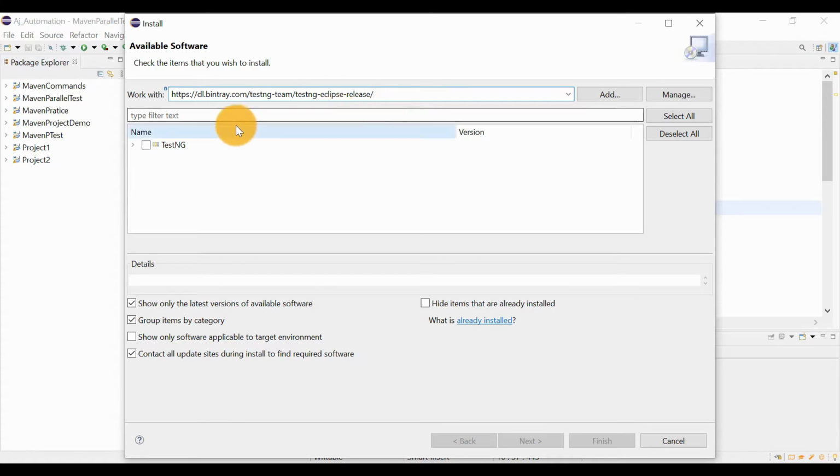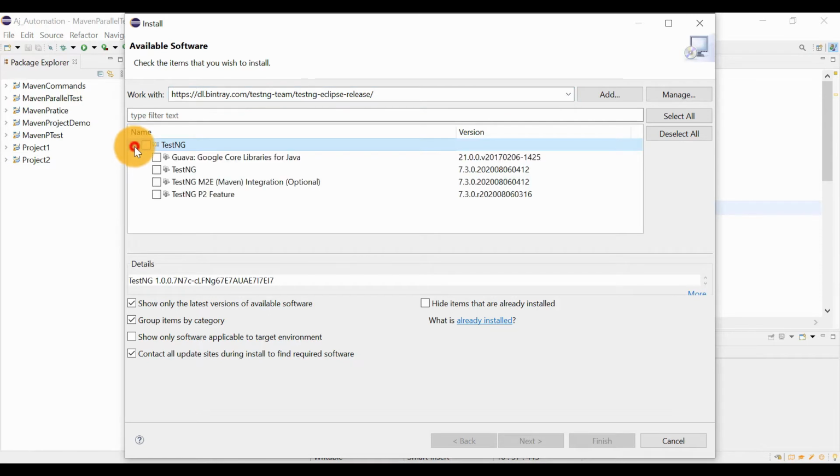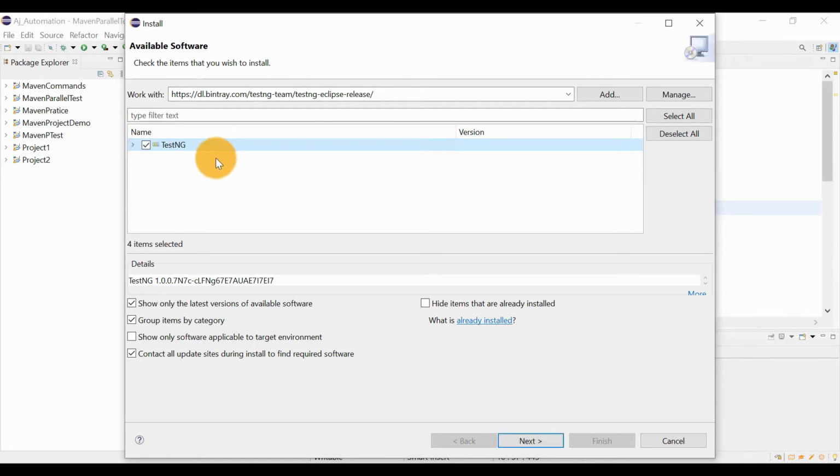After that you will find it, just expand it. All these are the TestNG components that need to be installed. You can simply select this checkbox, which will select all the 4 items, and then just click on Next. Then the installation will be done.